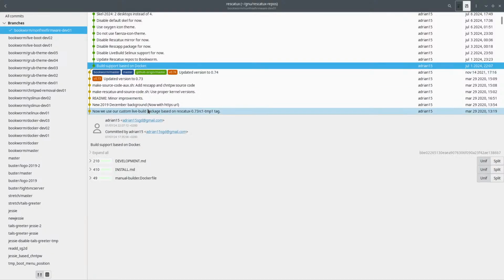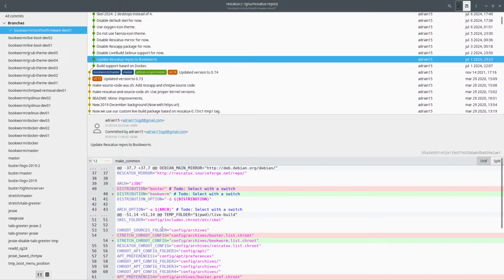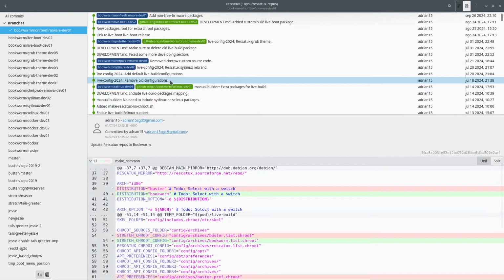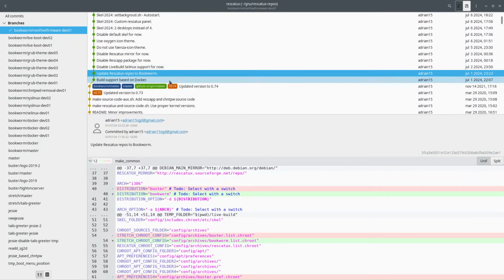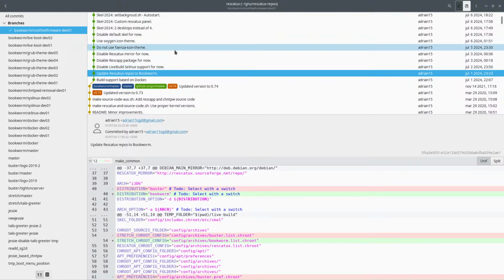So build based on Docker, that's something that we want to keep. We also want to, why the hell is this bookworm master? Maybe, yeah, because I didn't. Yeah, that makes sense. I didn't go farther. Okay, so first of all,